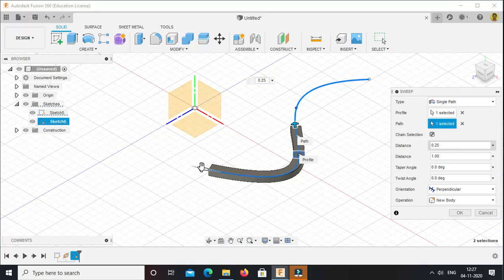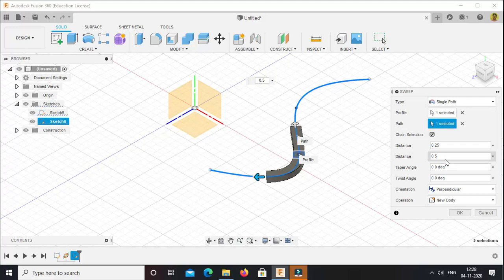Similarly on the other side. As I have drawn this profile in the middle of that path, from that point it is measured as 1. So if you use 0.25 and 0.5, on the front side it will be 0.5 of the total length, and on the back side it will be 0.25 of the total length remaining on the back side, starting from this profile where we have drawn.